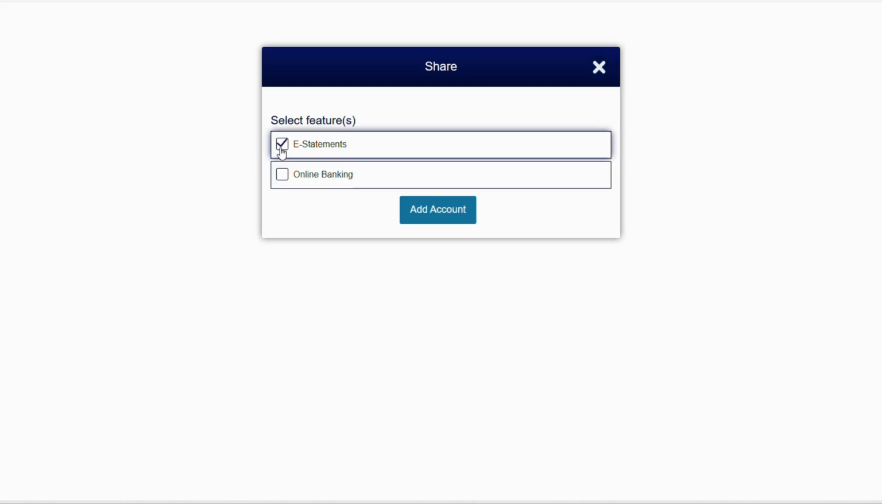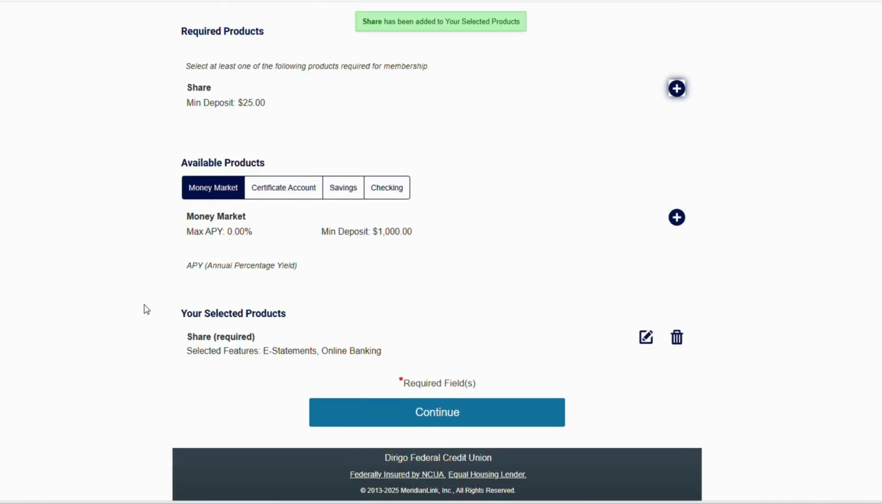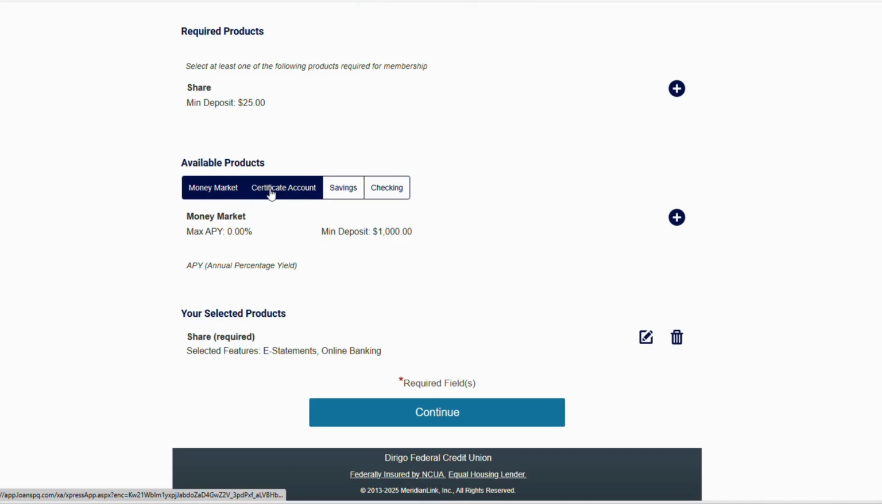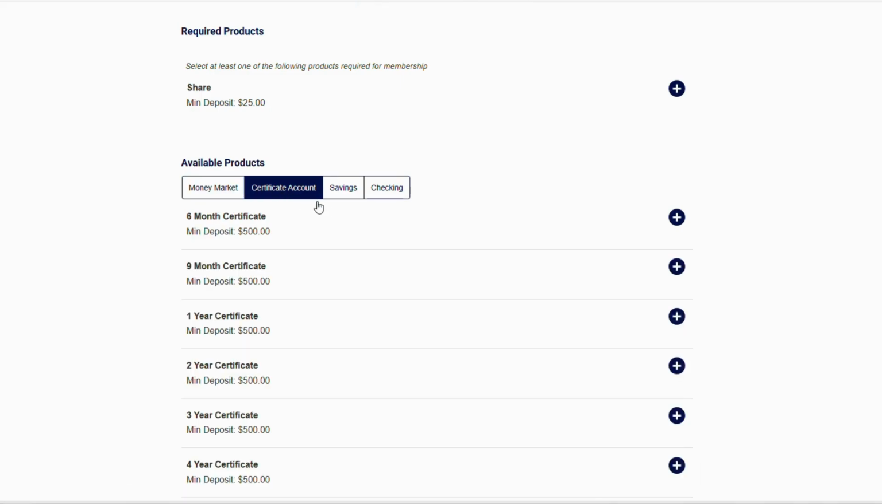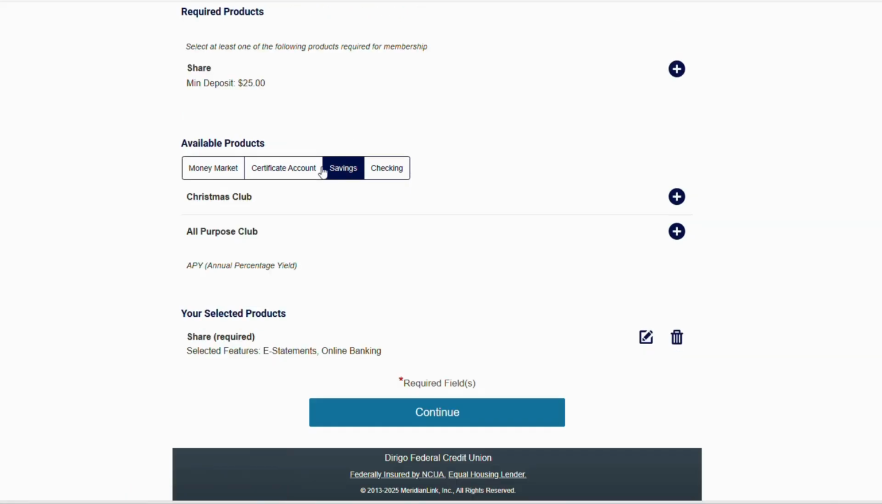As a member, your $25 share is your share of the credit union, meaning that you, as a member, are a partial owner. So once you click on Share, you'll have the option to add more accounts: money market accounts, which are high yield savings, certificates, also known as CDs, club savings, like a Christmas club or an all-purpose club,